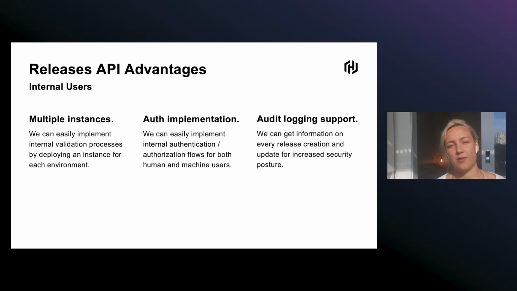And then we can also implement auth flows pretty easily for machines who are simply running automated tasks. The third and final key benefit for us for creating a new releases API is that it